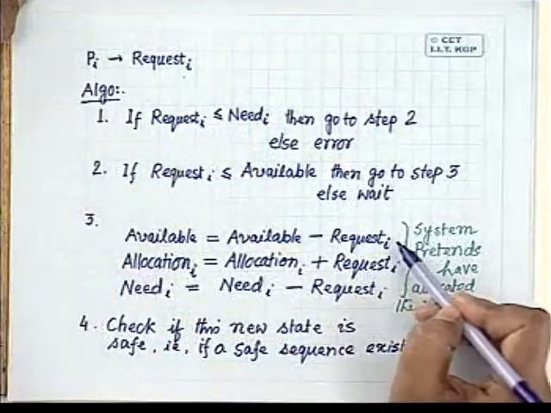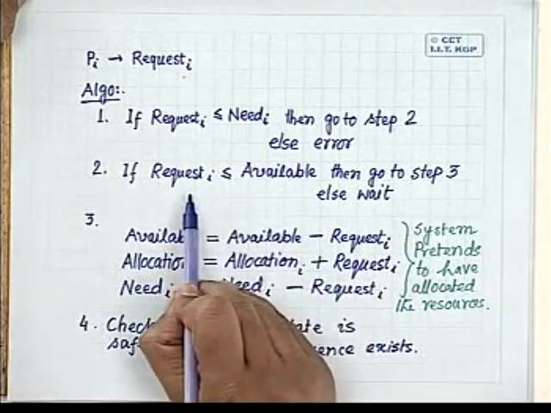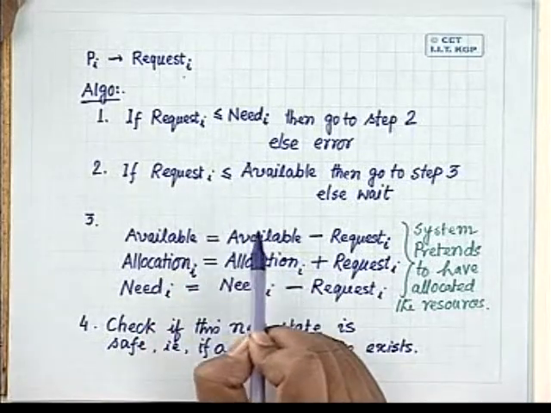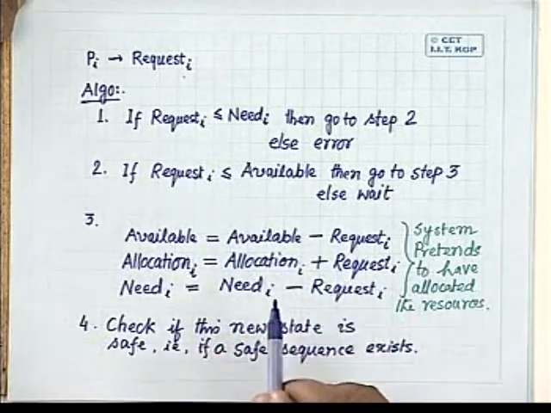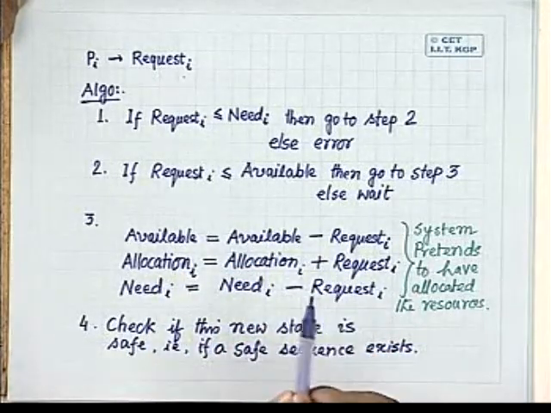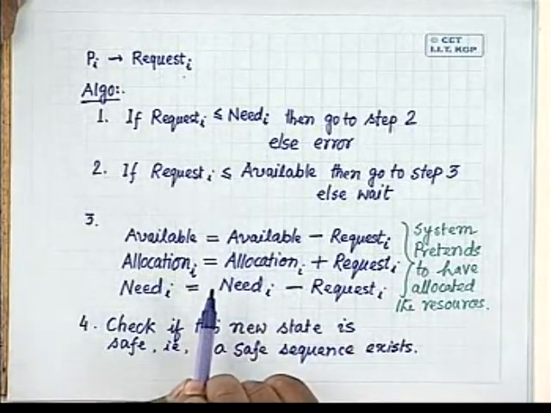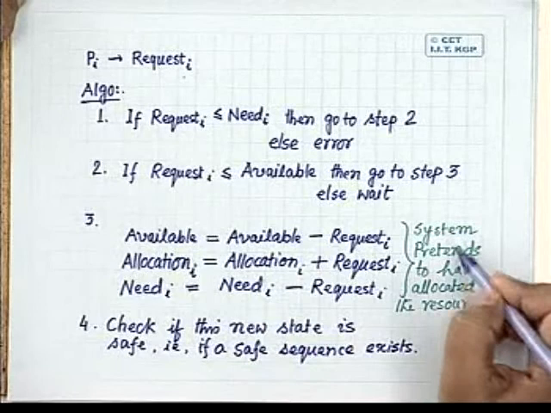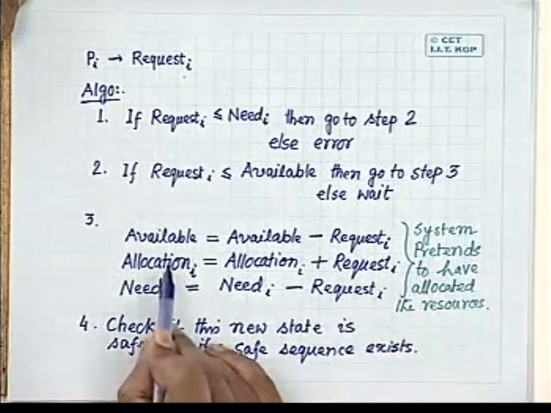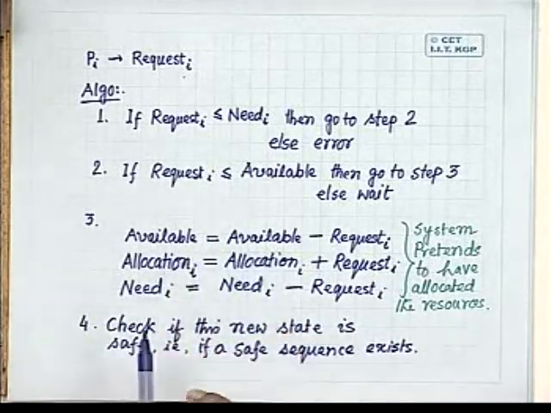Okay. So if Request i is less than or equal to Available, then what the system does is, though the system is in a position to meet this request, it does not allocate the resources immediately. Rather, it checks whether by this allocation the system will move to an unsafe state or remain in a safe state. If it remains in a safe state, the resources will be allocated. If it moves to an unsafe state, the resources will not be allocated immediately. So that is done in this step, where the system pretends to have allocated the resources by modifying the data structures. The resources are not physically allocated, but the data structures are modified.